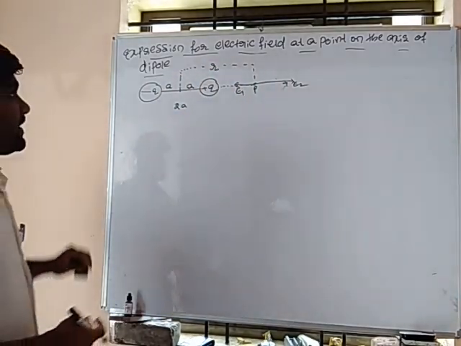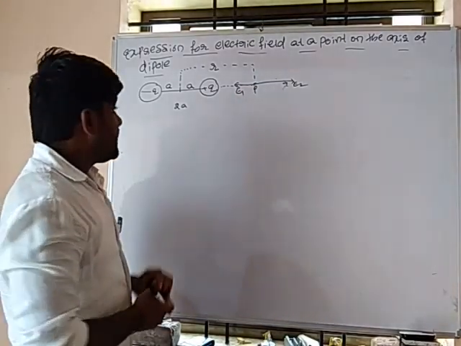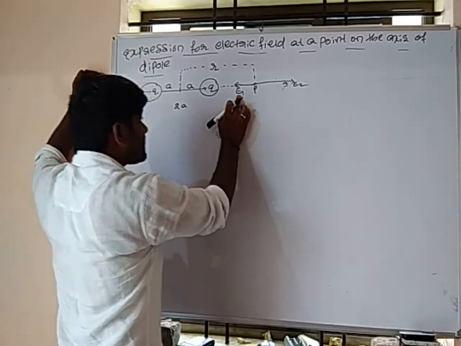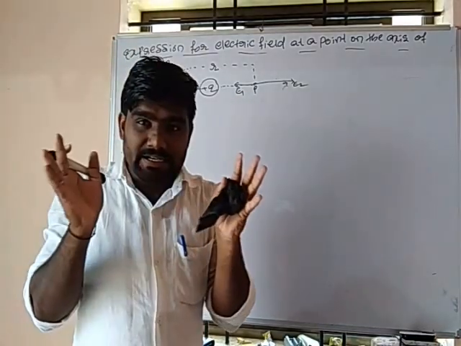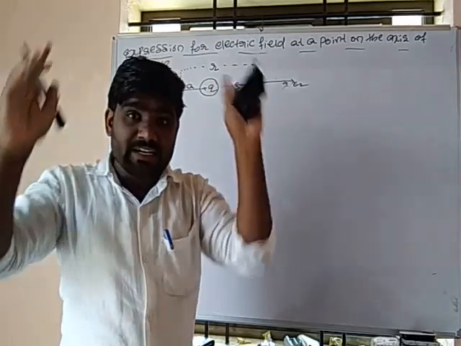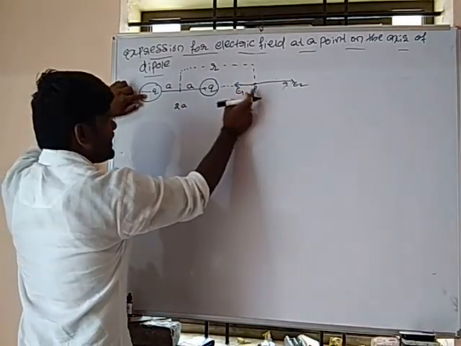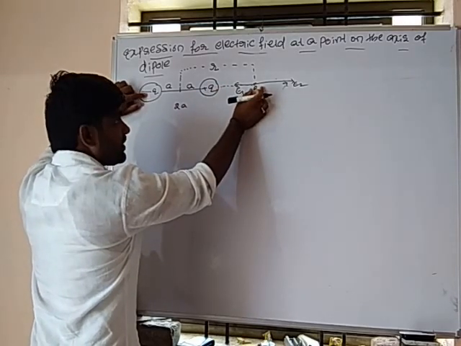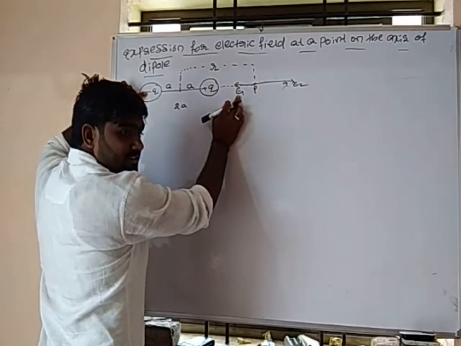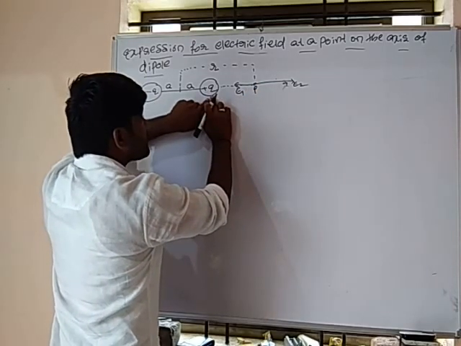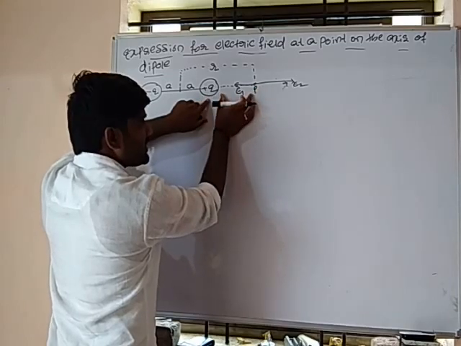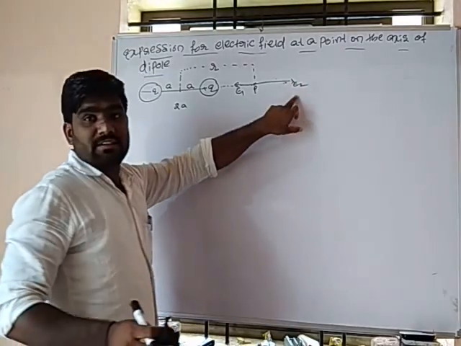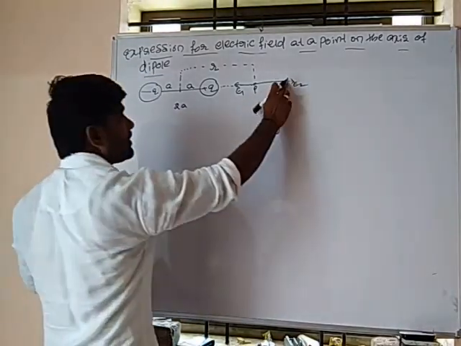Okay. See here, one more thing. The length of E2 is greater than the length of E1. Why? Because as I told, as the distance increases, electric field decreases. As compared, the distance between this point and the negative charge Q is more. Distance is more means electric field must be small. Similarly, here is the plus Q, the assumed charge. Distance is very less, so electric field will be maximum. That's why I took the electric field as maximum at E2.